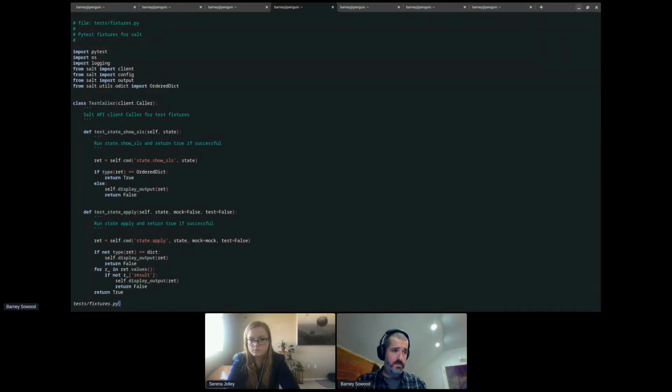We've got some fixtures here that wrap the Salt API caller, and the fixtures allow us to write tests that will call state show SLS or state apply, and then the fixtures will validate the return data, work out if the state module function returned okay or not, and return that value to our test.